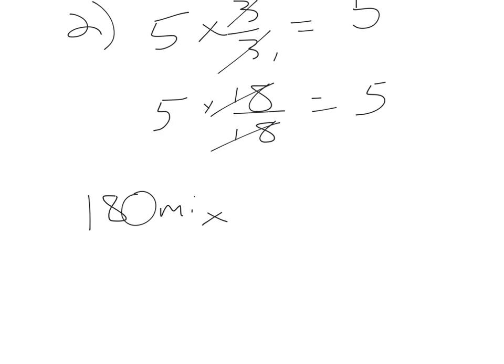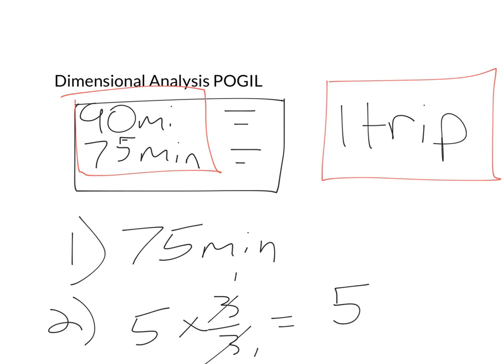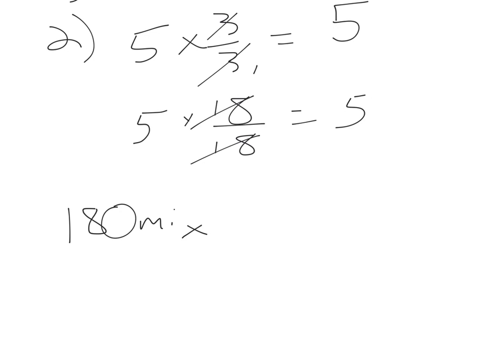Now, here are my choices. I know, if I scroll back up here, that 90 miles and 75 minutes were equal to each other. Now, obviously, a mile and a minute are not necessarily equal to each other, but I know they both happened and made one trip. So I'm going to say that those things are quote-unquote equal to each other for the purposes of this demonstration. So when I go down here, 180 miles times